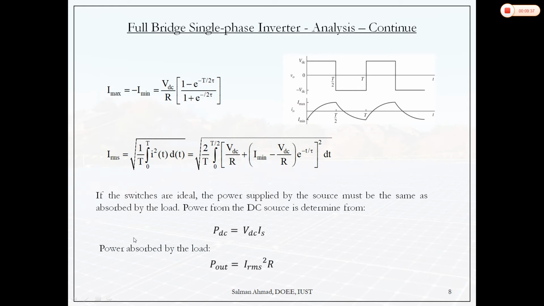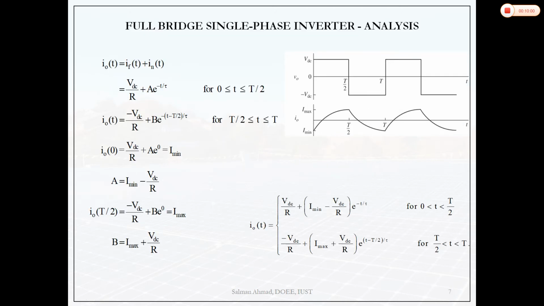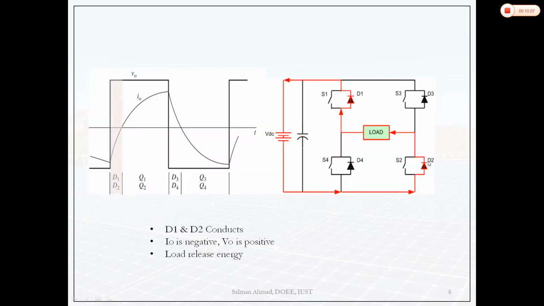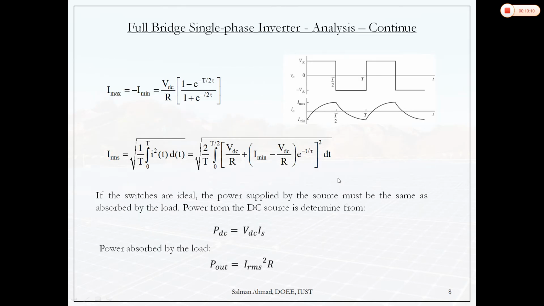Now if you want to find the RMS value of this current, we know the expression for I. In root mean square, you can integrate over a half period and you will get the same value. So 1 upon T by 2, integrated from 0 to T by 2. The current expression for the half period is VDC upon R plus this value. You can square it and integrate it, and you will get the RMS value of the exact output current.